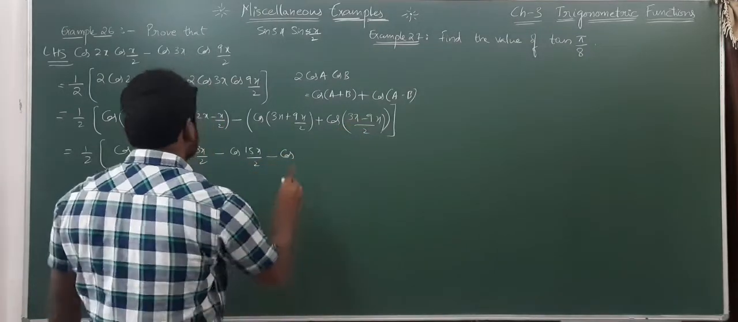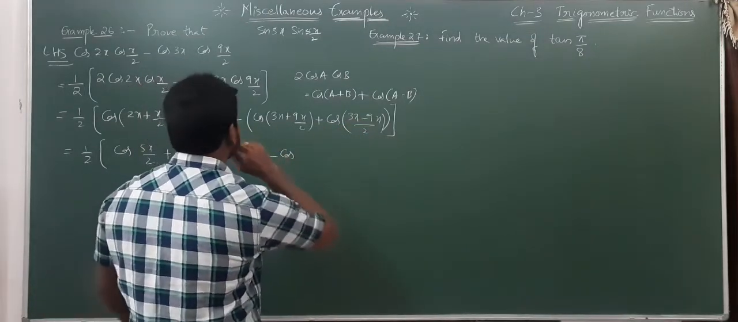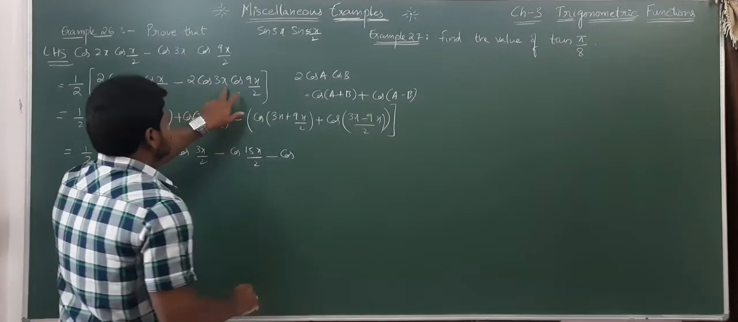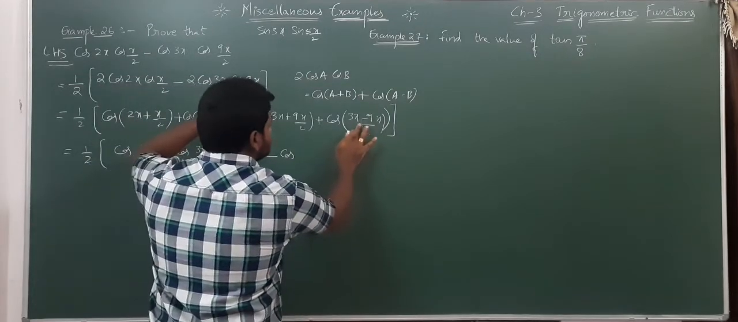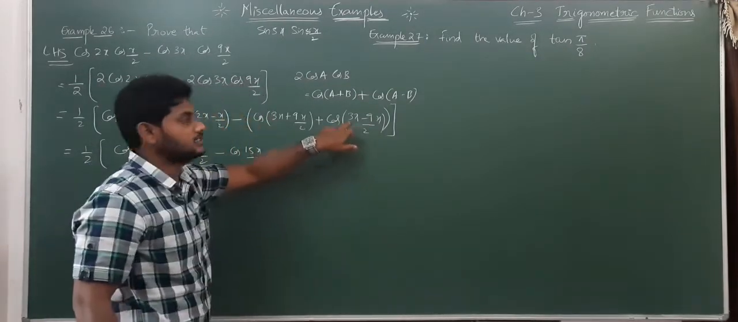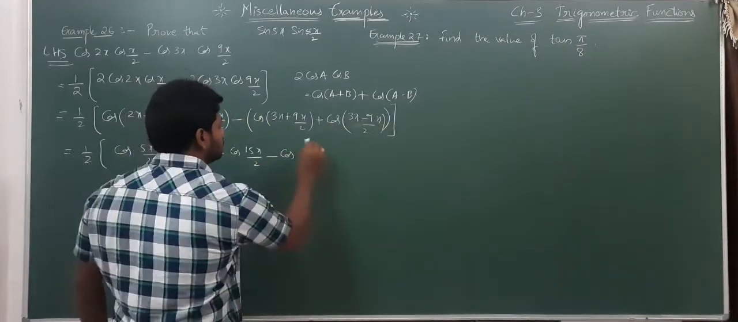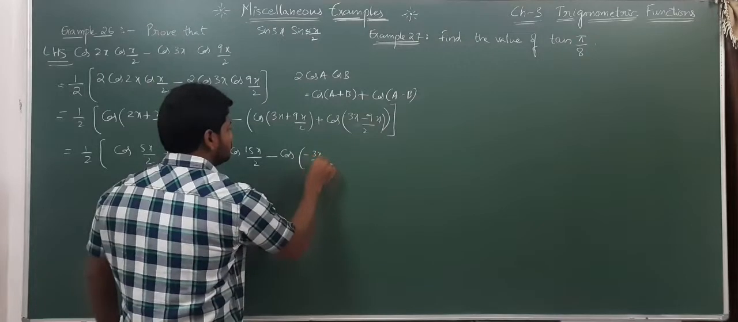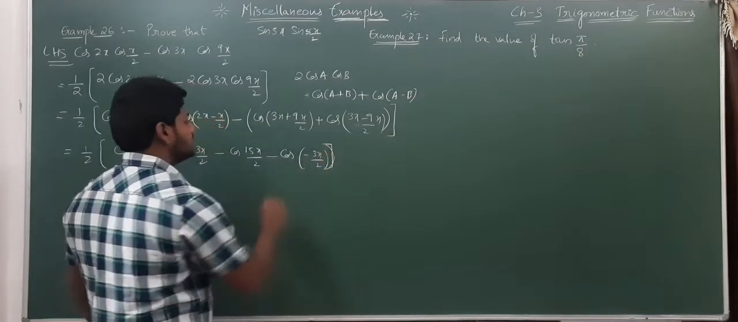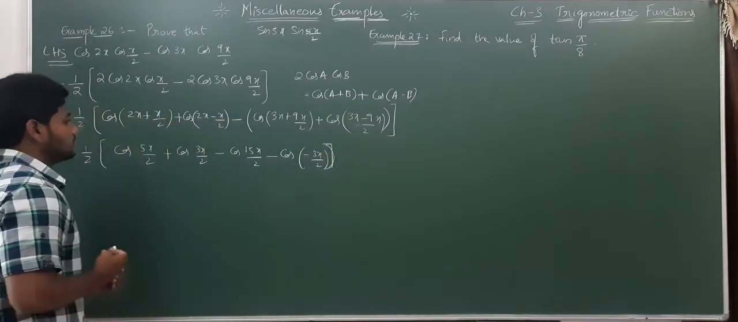Minus 6x by 2 is nothing but... sorry, 2 3s are 6x, 6x minus 9x by 2. So which is cos of minus 3x by 2, right? Minus 3x by 2. But we know that